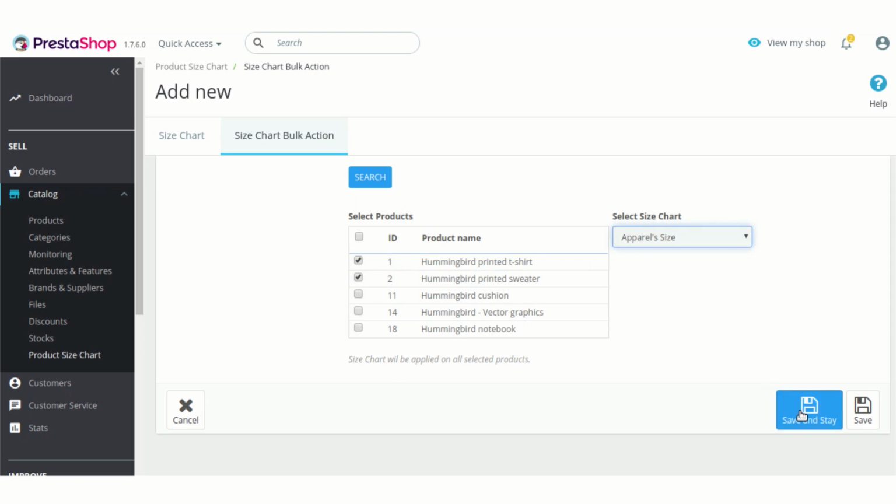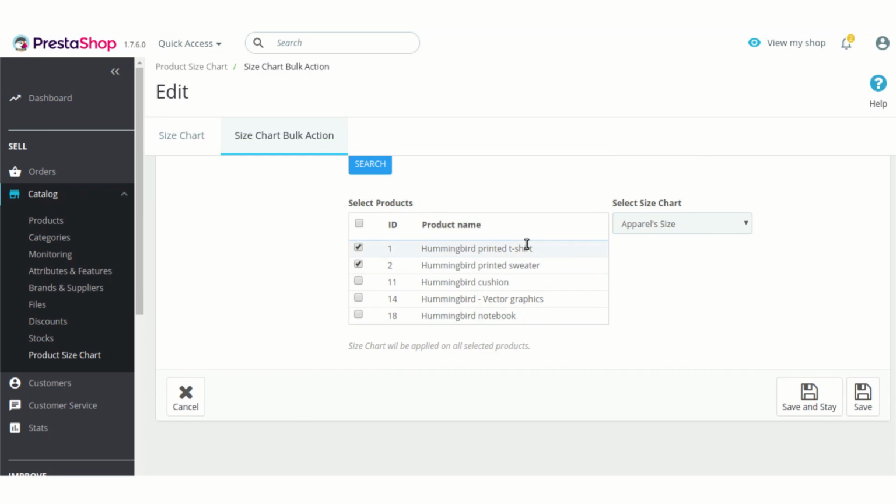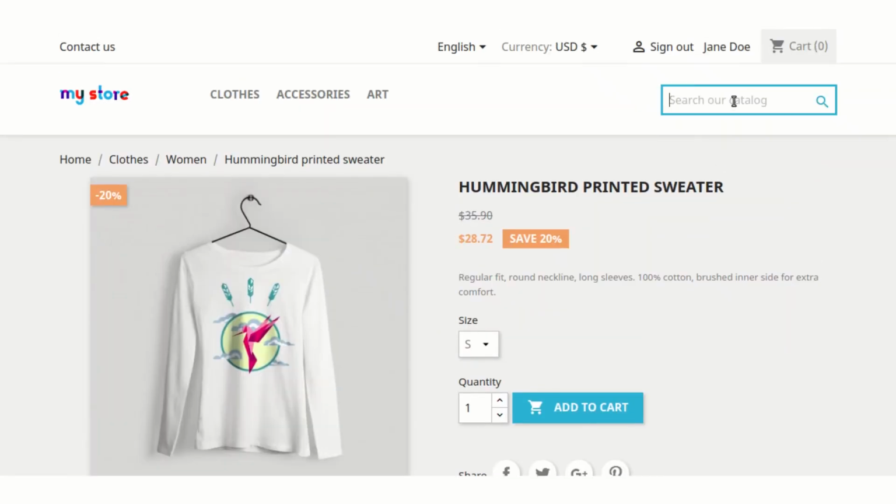I have created one. We will click on save and stay. The size chart was already applied on this product, Hummingbird printed sweater, but as you can see, I have created a bulk action and selected that it should be applied on printed t-shirt too, so it will be applied on printed t-shirt also.